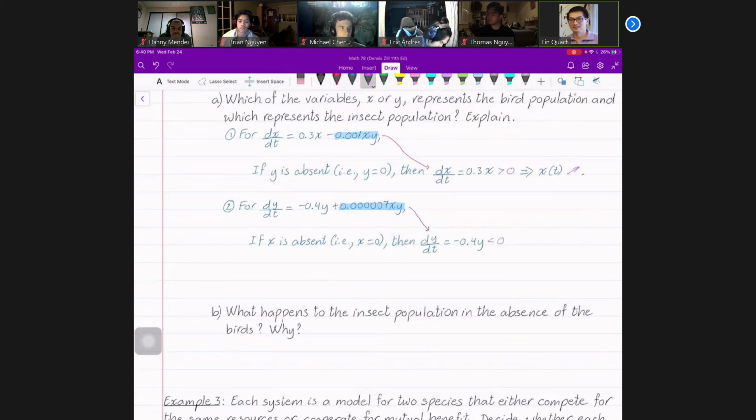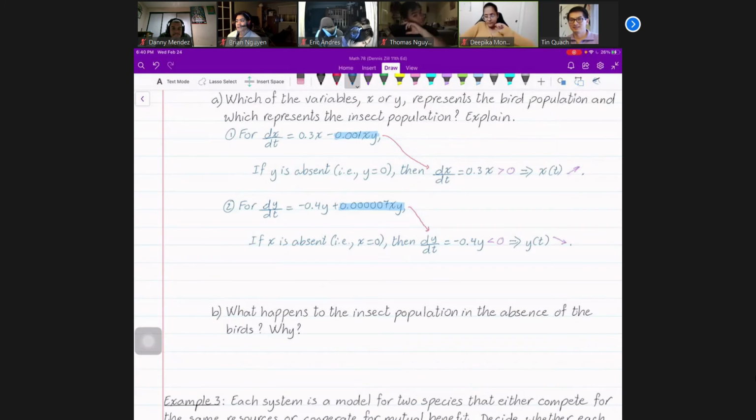So the derivative of y is negative, which tells you y is what? Decreasing. So why is it decreasing? Because it is dying. The insects are not there for them to eat. So from here, you know that,